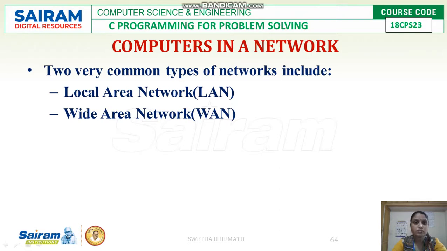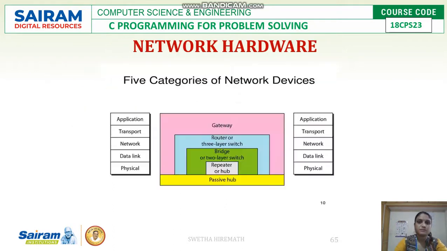If we are going to connect all the computers in such a place, it will be done with the help of a local area network, and we can share minimum information and minimum resources with the help of this local area network. Wide area network means throughout the world. So we can access or communicate with computers which are very far from us, or in different countries. With the help of wide area networks, a larger amount of data and information can be shared.